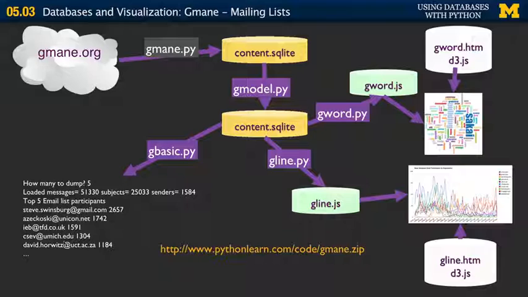So here we go. This is the most complex thing that we're going to do. We are starting with a gathering phase. Gmane.org has all these mailing lists, and we're going to do a lot of work on this stuff. And so the first thing we're going to do is make a local copy. This is the standard thing where we're going to retrieve it, hit the URL, parse it,